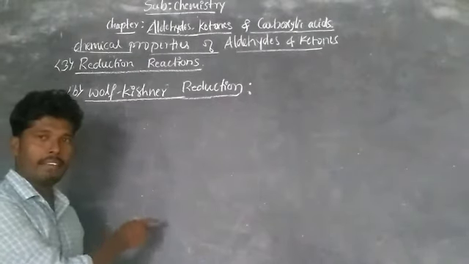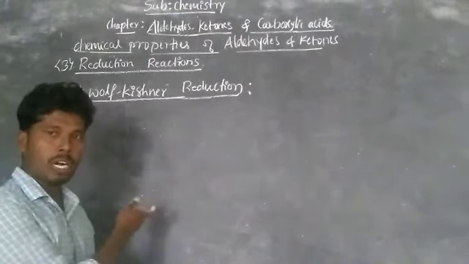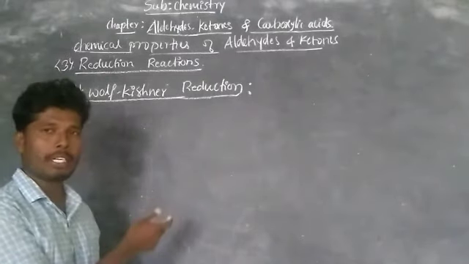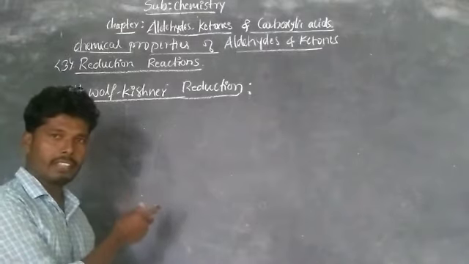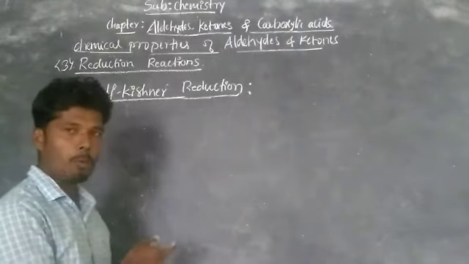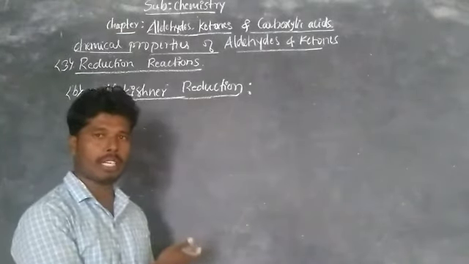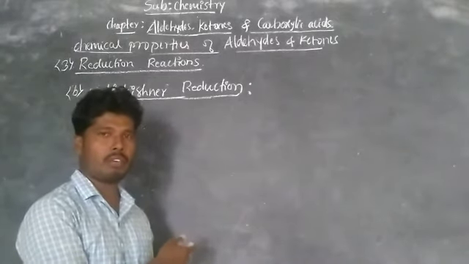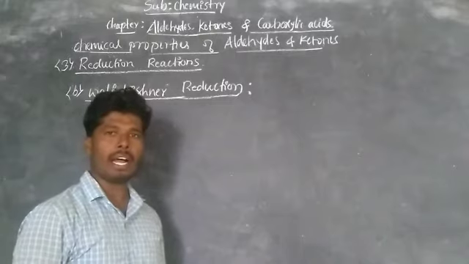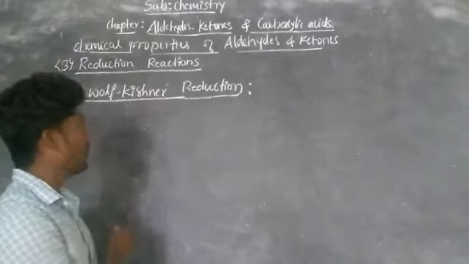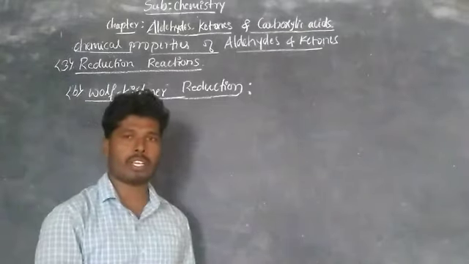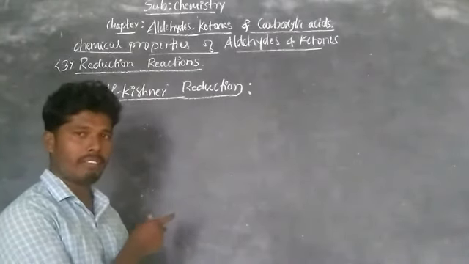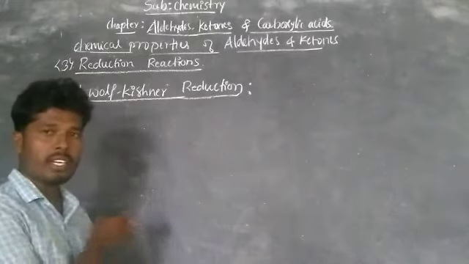are treated with hydrazine, undergo condensation, and you get imine compounds. Those imine compounds are heated in the presence of a strong base like potassium hydroxide or sodium hydroxide in ethylene glycol solvent. You get the corresponding hydrocarbons, that we call Wolff-Kishner reduction. Now observe the chemical reaction so that you understand the definition of Wolff-Kishner reduction.